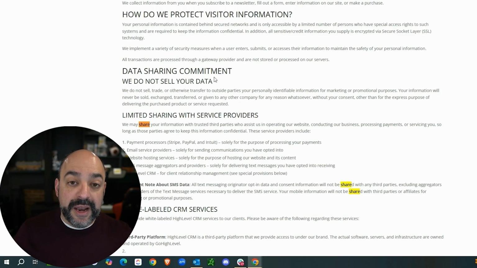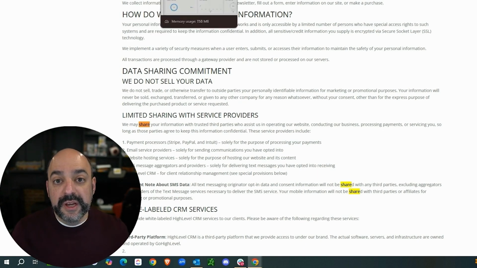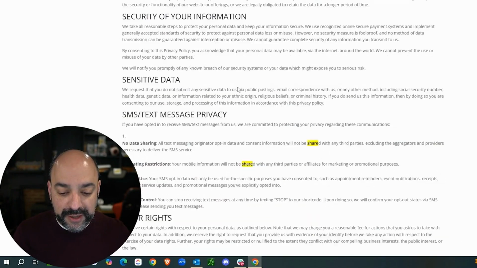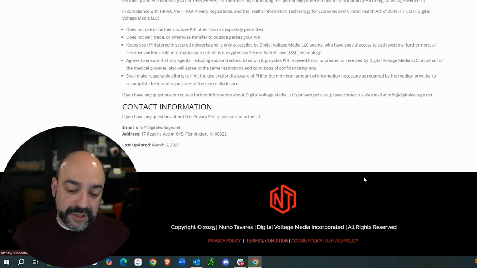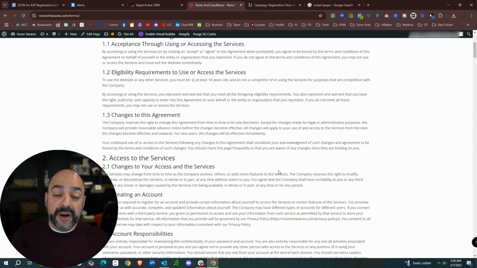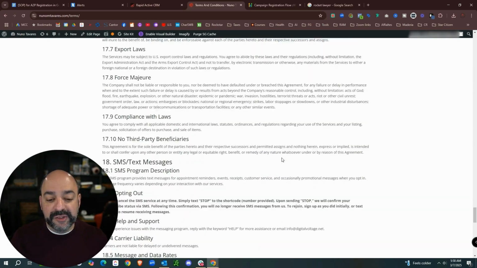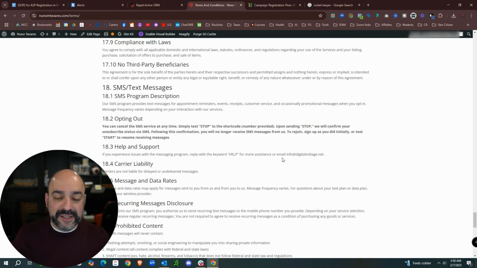That's the first thing. Now, on the terms of service, there are also things that you need to take into mind. So I'm just going to go all the way down again, and I'm going to go to terms and conditions or terms of service. And in here, there has to be a new section all about text messaging. Now, there is a boilerplate that is already included that you can leverage at a high level, but you've got to modify it towards yours. You can't just put it in here and expect it to work. If your business does certain types of text messaging, you need to make sure you're covered for what you're doing.